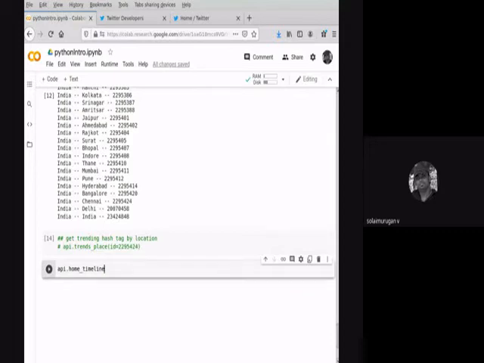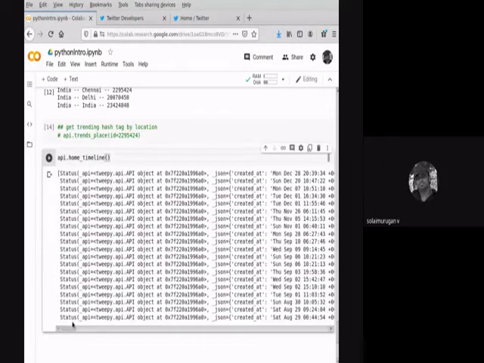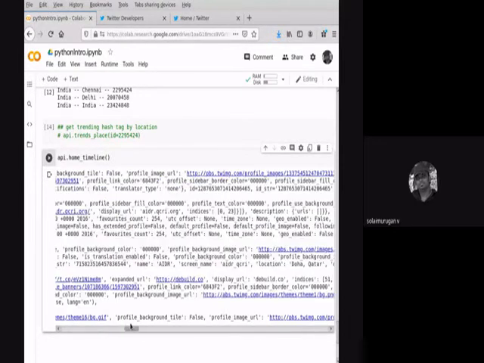It will return all your tweets, and this also returns in the form of a dictionary, all the tweets you have tweeted recently. You can also limit the count.